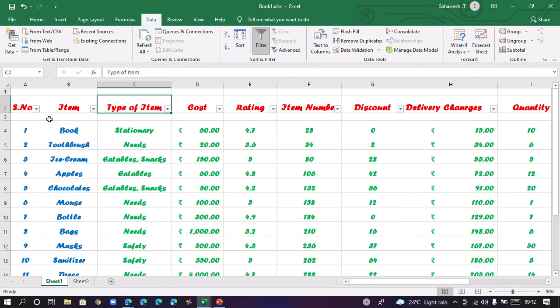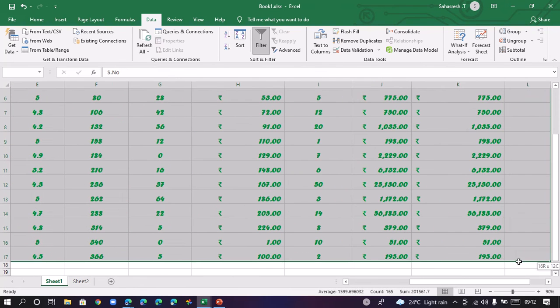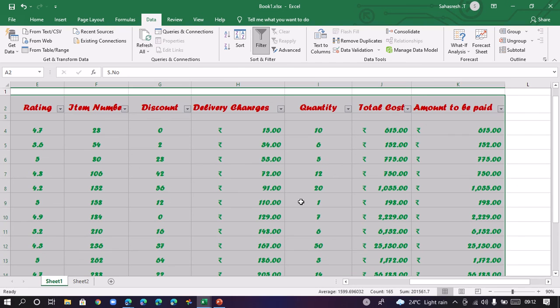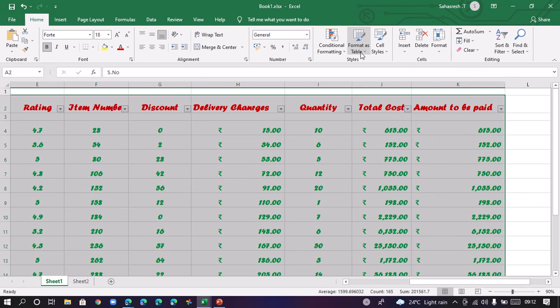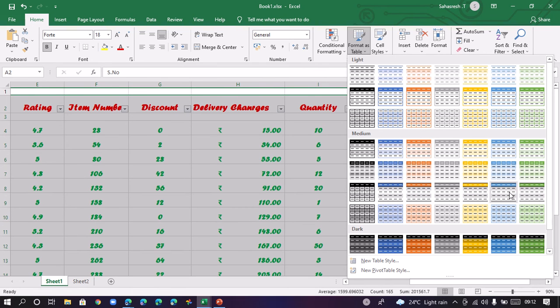Like this, we have filters, and as Vanshika said, we can also do it another way. For this, I don't have it here, so I go to the Home tab and click on Format as Table, and I have all these options.